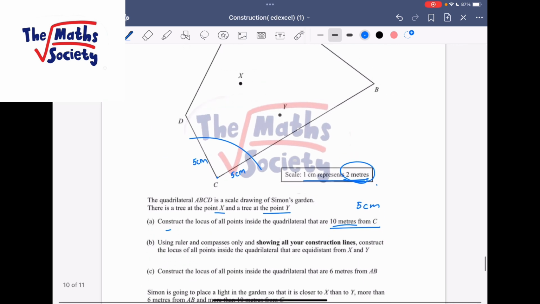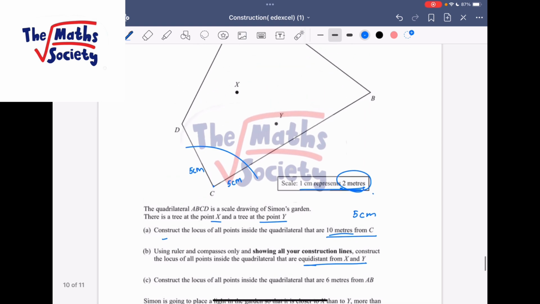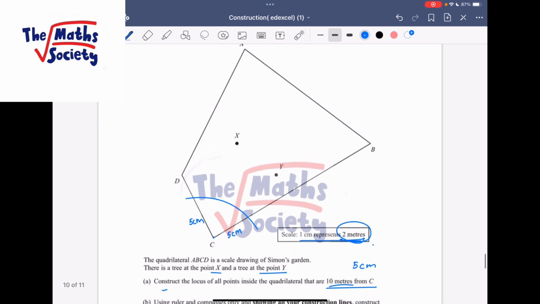It says, using the ruler and compass, drawing all the construction lines, construct the locus of all points inside the quadrilateral equidistant from X and Y. Basically meaning that we need to get the bisector of it. So first, we need to connect X and Y, because after that we'll need to use X and Y as the